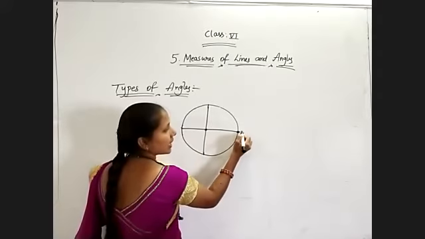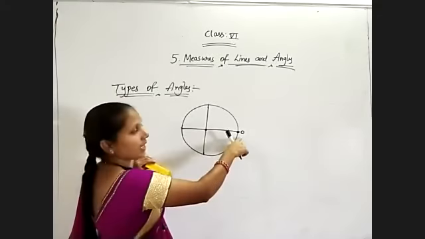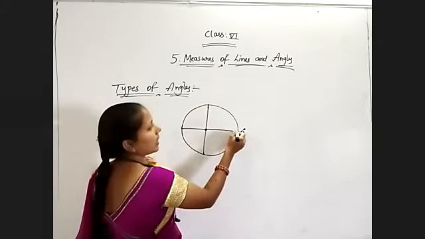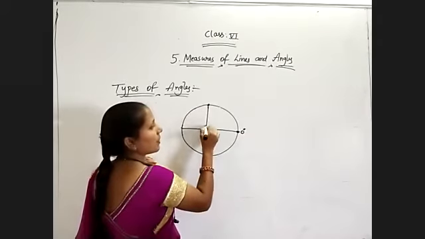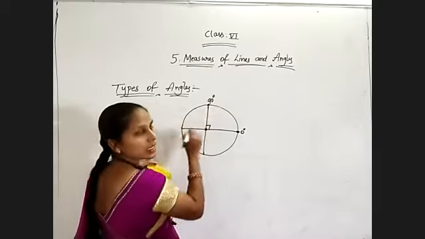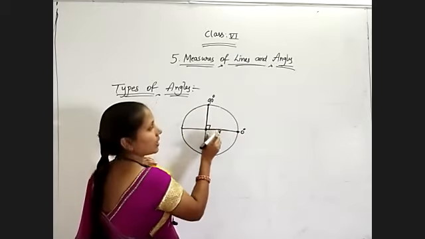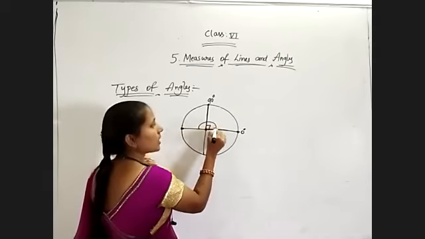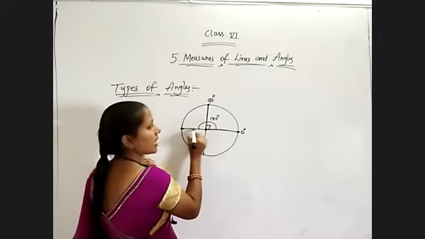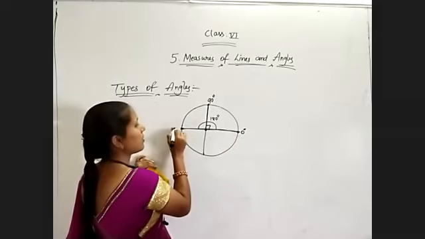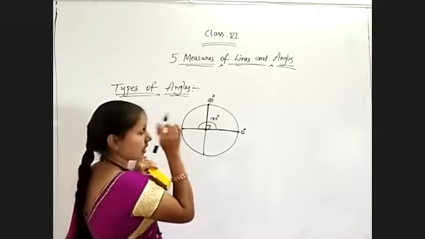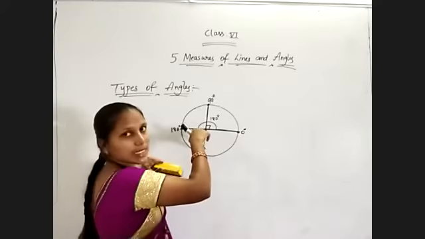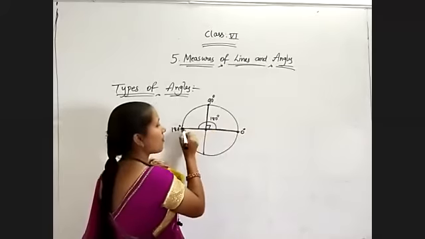So first, starting before the rotation, I don't have any angle. So 0 degrees itself. Okay. And when I'm turning like this, till here it is forming a 90 degrees angle. Till here to here, half of the 180, that is 90 degrees. And by completing the rotation, it is forming a 180 degrees angle. Because it is a straight line, compulsorily it is 180 degrees. Sorry, this is half of a circle, so 180 degrees. A circle makes completely 360 degrees. In that 360, half is the straight line.